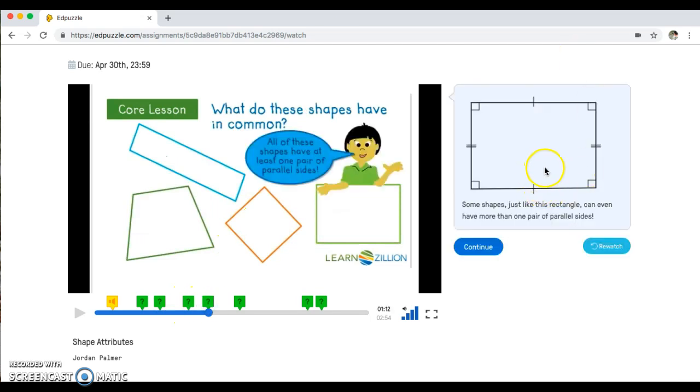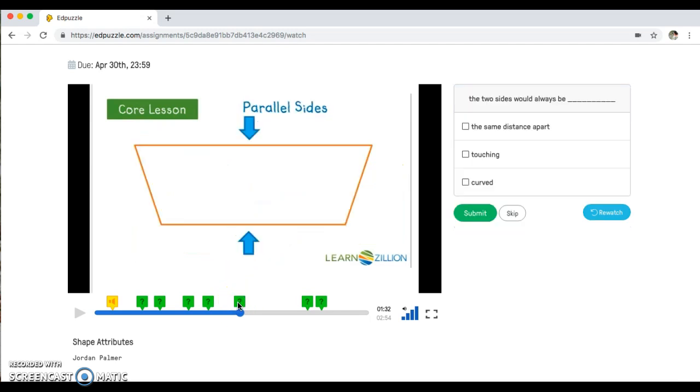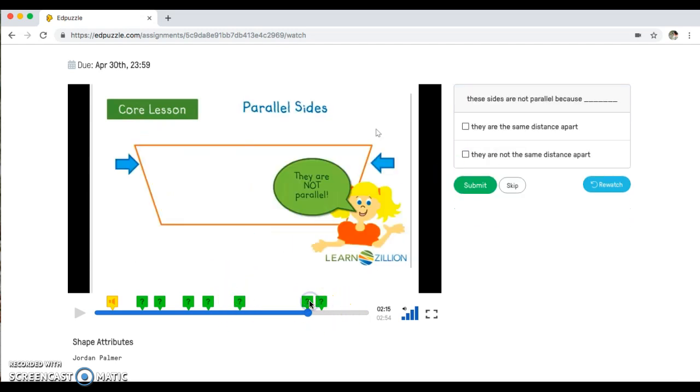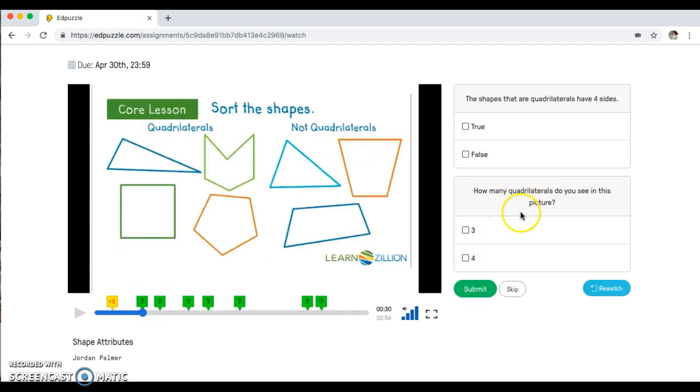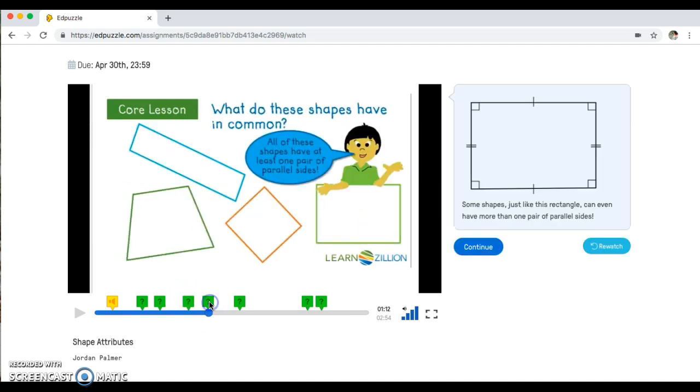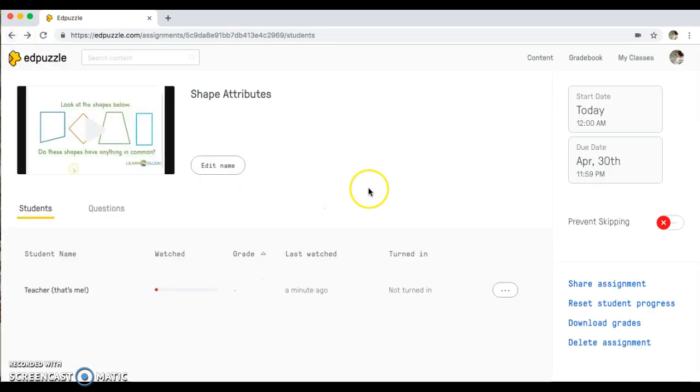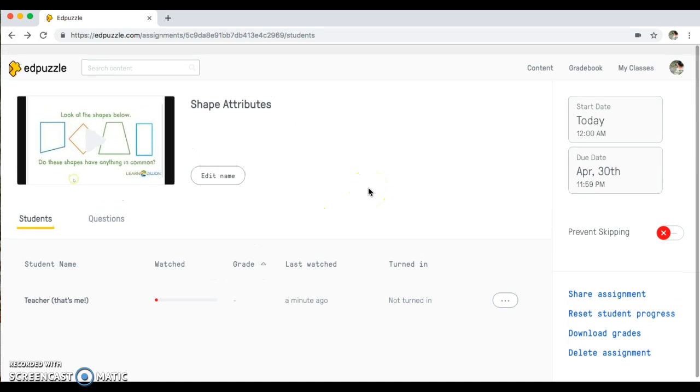This one is my comment with my picture. Another multiple choice question, and then this is my free response question. So true and false was at the beginning, multiple choice throughout, free response, and then my 2 question one was at the beginning as well. Comment. And then if I go back, you can see that it is assigned